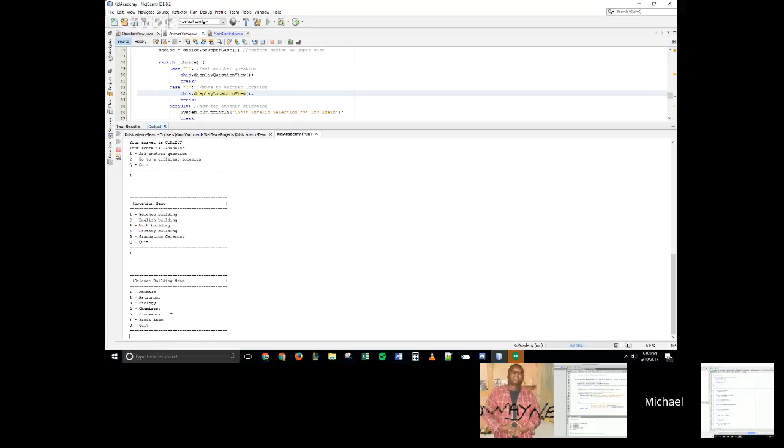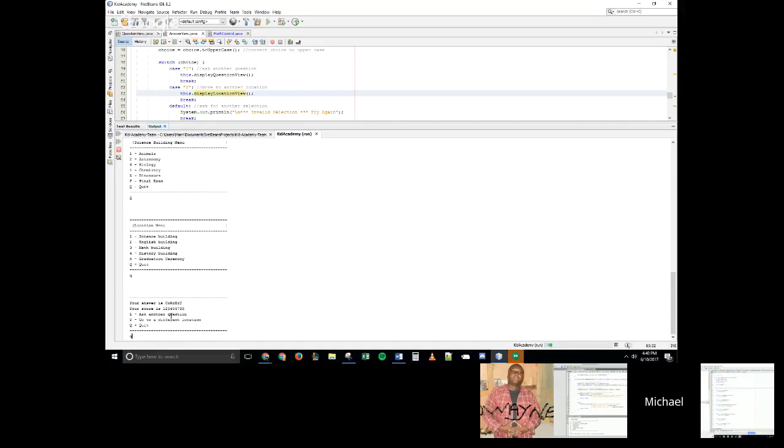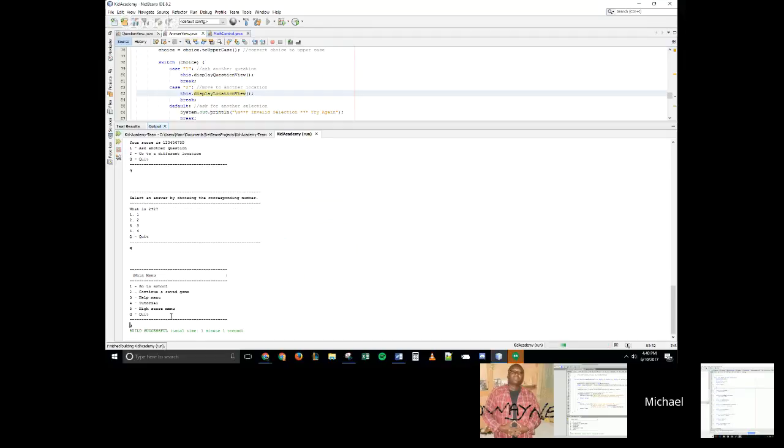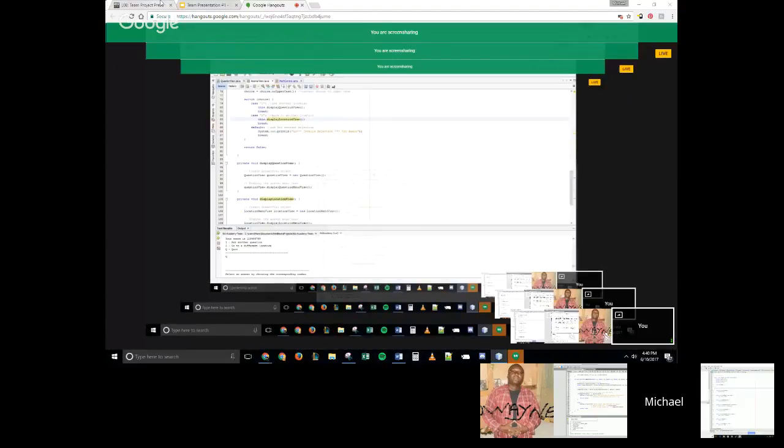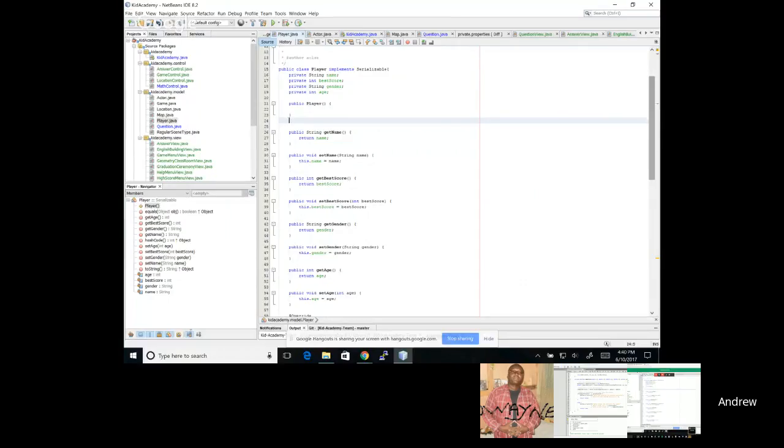So I'm going to quit out here, quit Q, and see it'll take me through all the different buildings, back to the menus until my build is successful and ends. So now I'm going to bounce back over to Andrew here, and he can explain, I believe, some model stuff. Yeah, I'm going to go back kind of to the beginning, where we first set up our